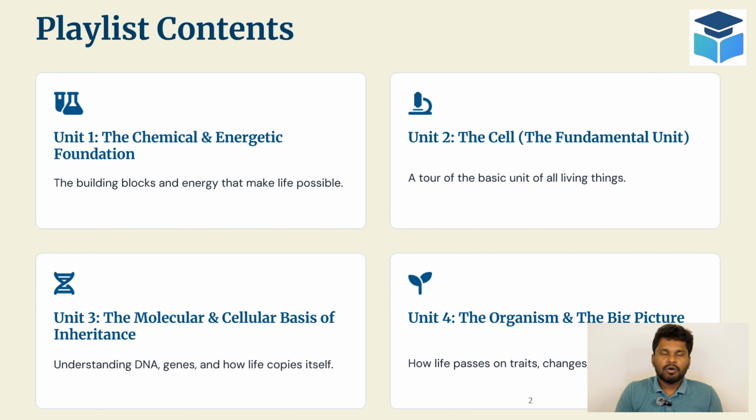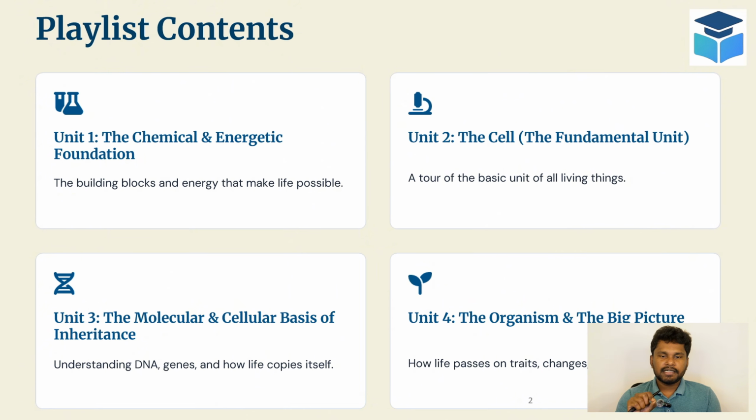So the whole playlist is divided into 4 units. One, the chemical and energetic foundation. Second unit, the cell, fundamental unit of life. You will be discussing all the definitions related to the cell, all the basic things related to the cell. Third one, the molecular basis and cellular basis of inheritance. Related to the inheritance chapter or related to the molecular level of the cell, you will read all the understandings related